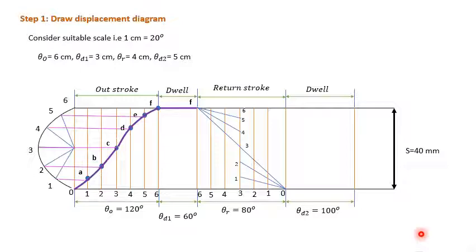Once this is over, next we have to identify the cutting points. See, this is the first line cutting the first vertical line. Therefore, this is the first cutting point. Next, this is the second cutting point. This is the third one, fourth one, fifth one and sixth one. Once we mark the cutting points, we have to name them using small letters A, B, C, D, E, F. Now using a smooth curve, we have to join all the cutting points like this. So this blue line represents the return stroke. Again we have a dwell, therefore simply draw a straight horizontal line.